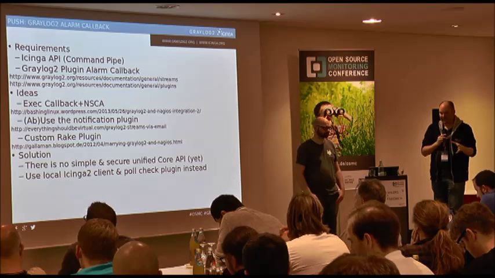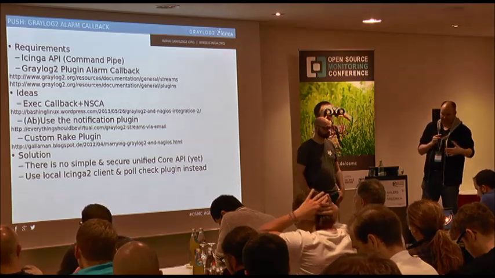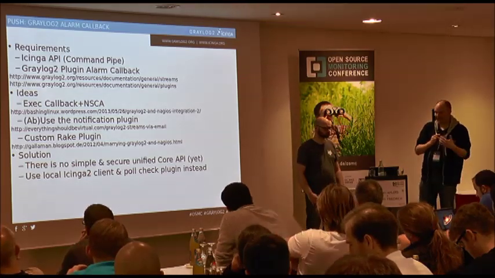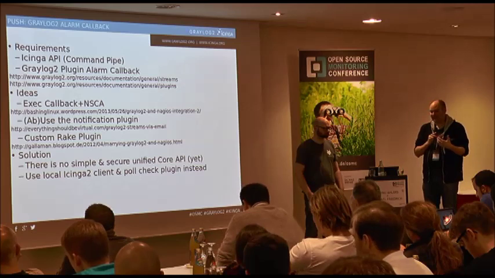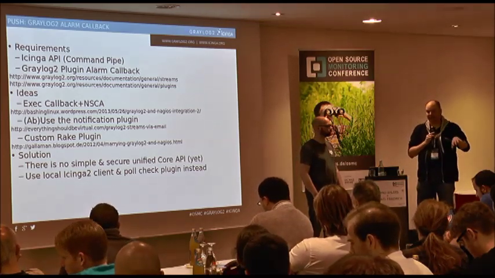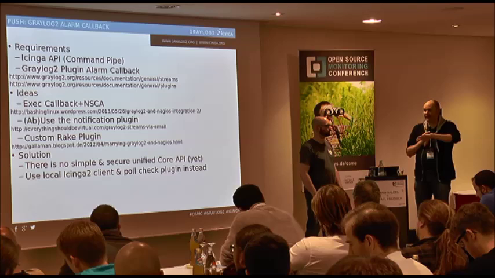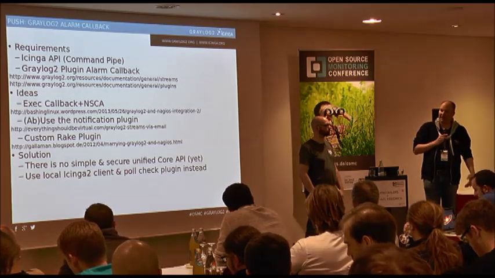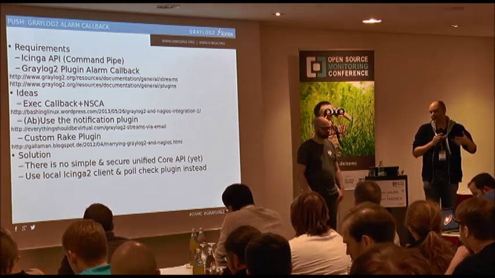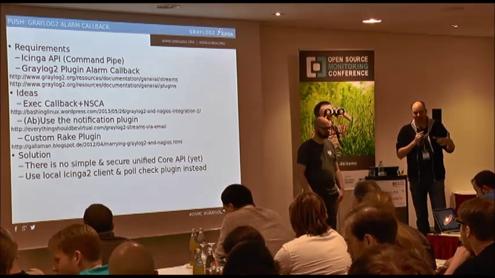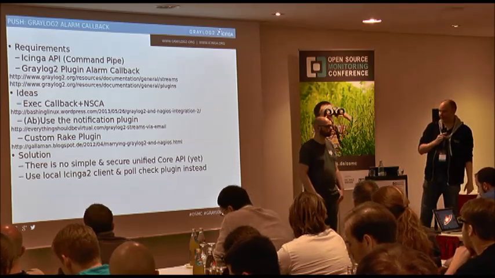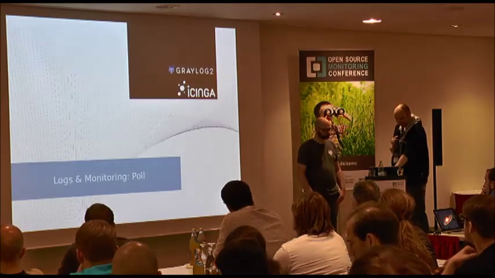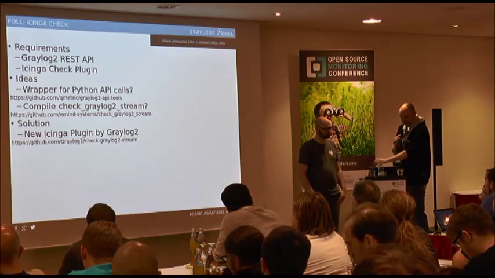One of the ideas which came up during the discussion, if there is a possible solution to actually implement that in the Graylog2 web interface, was: we could also write a check plugin, which we will talk about later, and install an Icinga2 agent, an Icinga2 client, on the Graylog2 server, and just query the API over there, if I do not want to expose the REST API over the network, for instance. So the other way around, not push, but pull, like the check plugin.